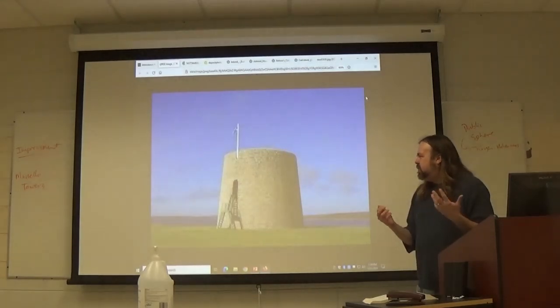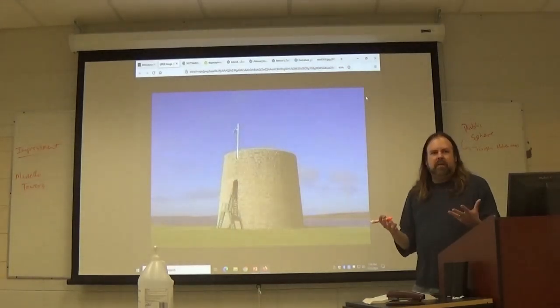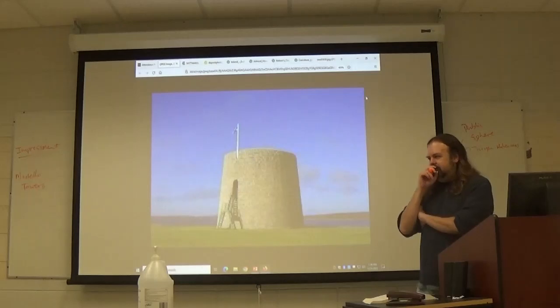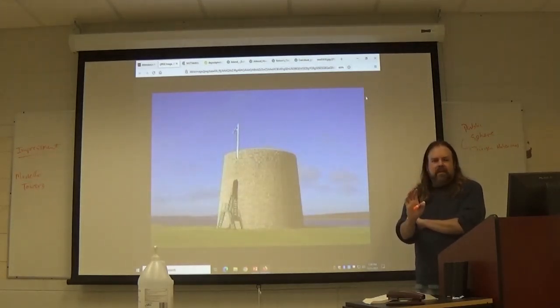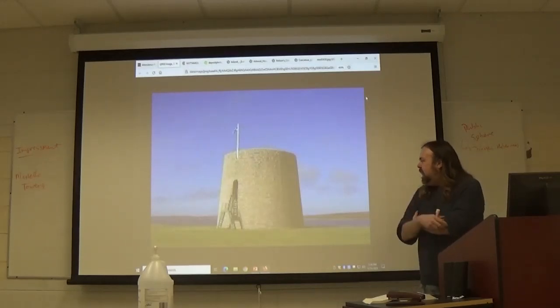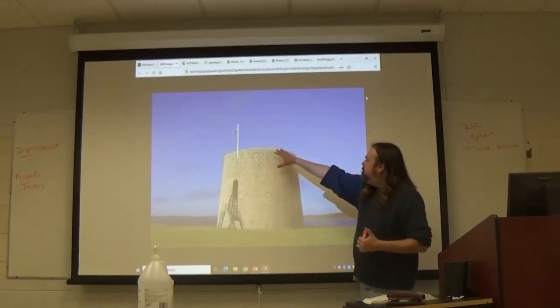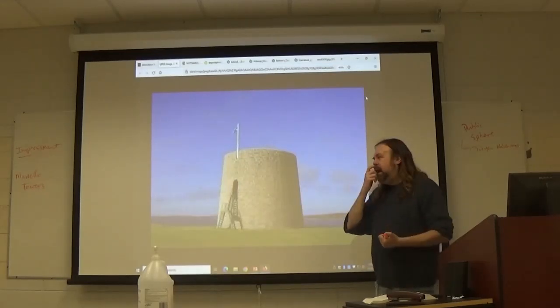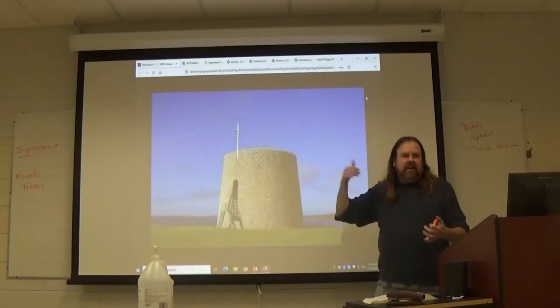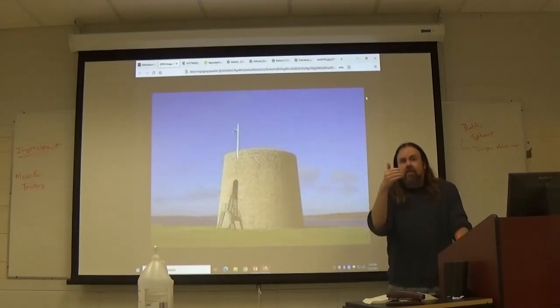James Joyce, the Irish novelist, actually lived in one for a couple of months. But yeah, they're very sturdy, very well built. And they're mostly meant to be fortified, right? But for the most part, they're observation towers. And the idea is that you can see a threat coming from overseas.